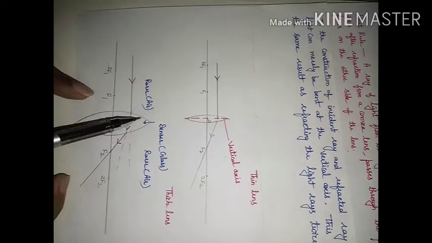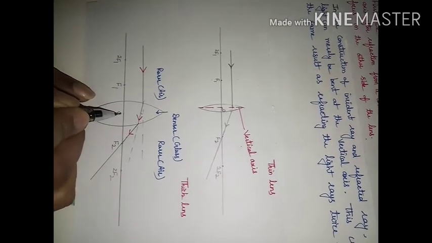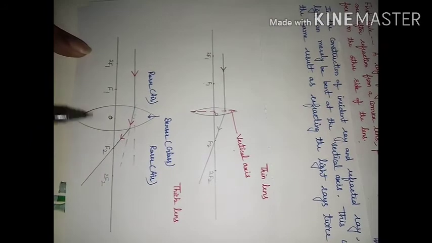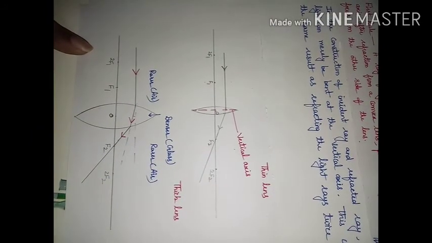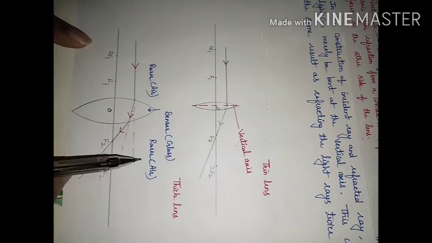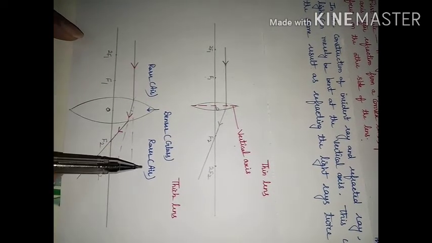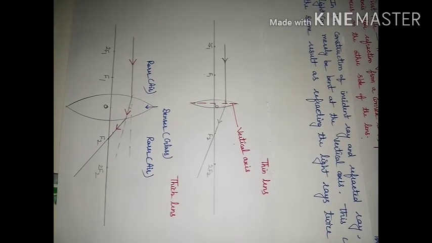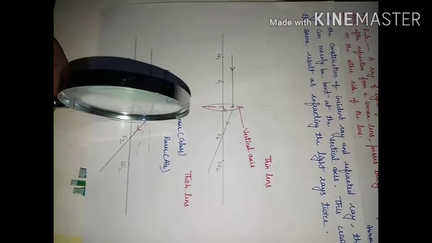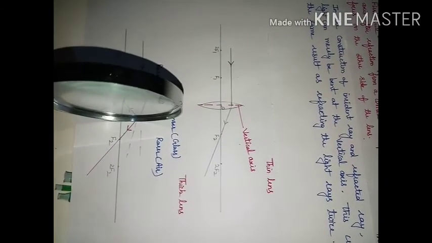Let us consider this is thick convex lens. This is its optical center. This is its F1, 2F1, F2 and 2F2. This side we have air, this is glass, again this side air. So this is rarer medium, this is denser medium. Again, this is rarer medium. It means you have kept a lens like this. This side air, this side air, this lens is made up of glass. So you kept your lens like this.